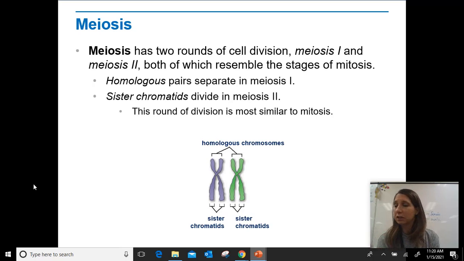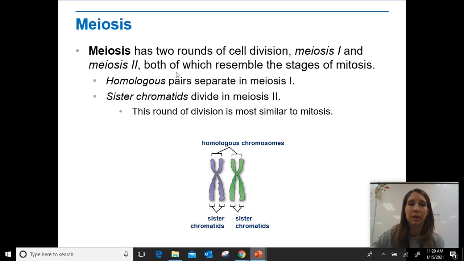It's very orderly and organized. The difference is going to be that in this case, we have to do it twice because we want to make sure that we divide the cell enough times to have the number of chromosomes, like to cut them in half. So as part of this process, one of the things we're going to see, a couple of important things to keep in mind here,